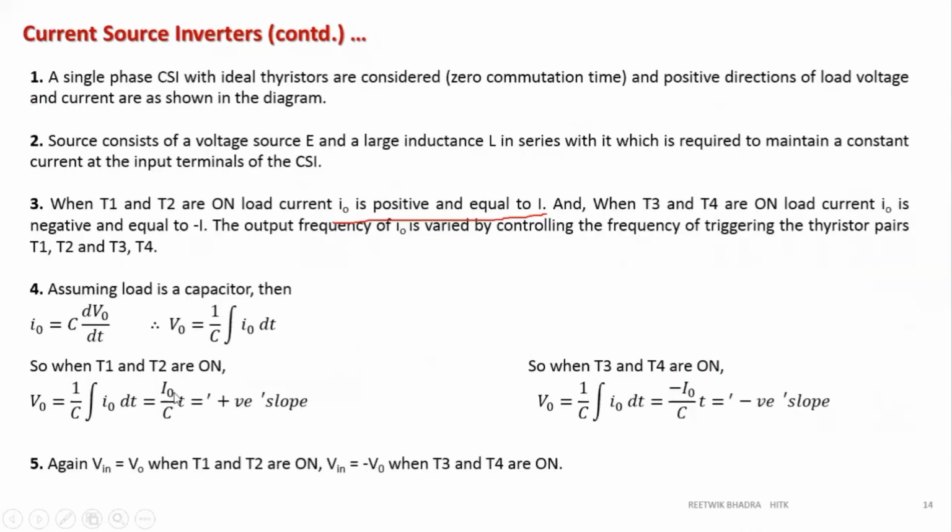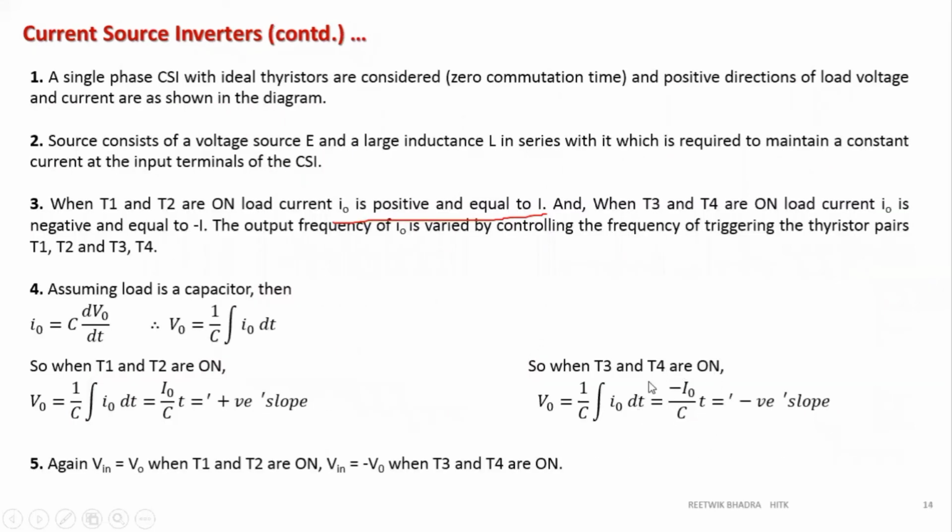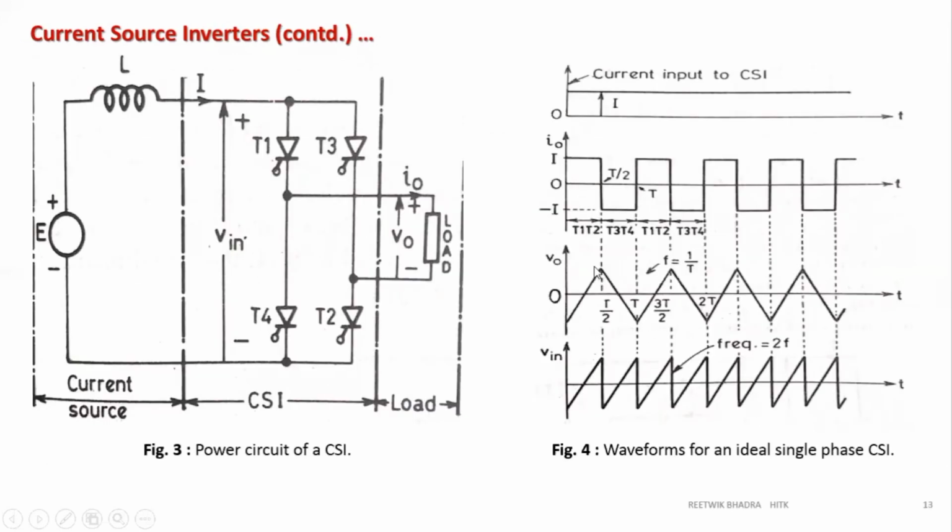So what is my slope? I by C. It is a positive slope. That's why we are getting a positive slope over here. Okay, don't go after the magnitude. We are drawing a positive slope over here of this line. Now in the second cycle, T3 and T4, you can observe that I naught has become negative. So I can write over here minus I by C into T. Minus I by C is a negative slope. That's why you see the current is decreased. I think everybody has understood this.